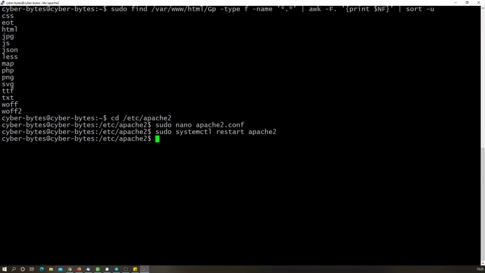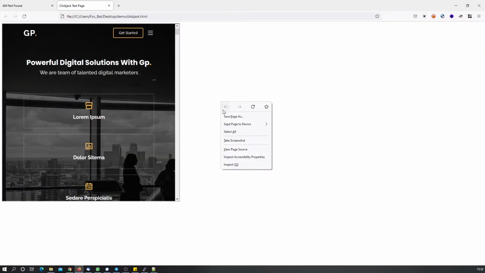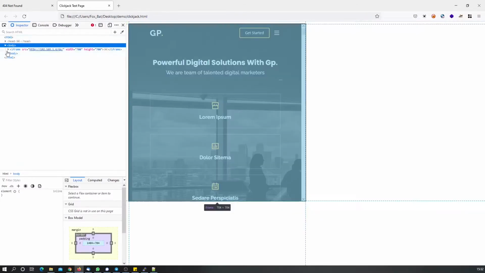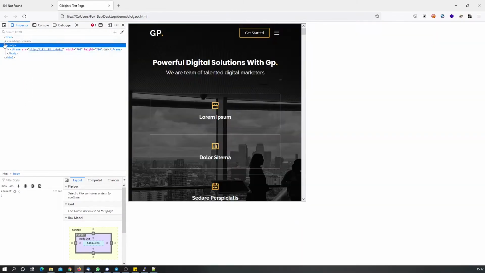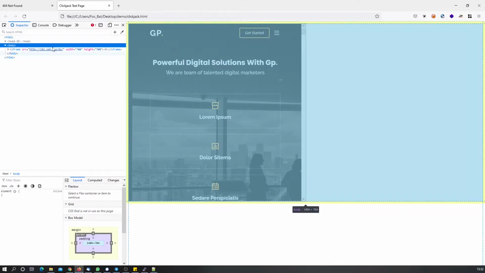Let us have a look at how we can set up Apache server against clickjacking or browser framing attacks. First let us see what browser framing looks like. I have a demonstration page set up for reference. Let me open this page for you right now. So this is how browser framing looks like. I have just put an iframe here, and the page is loading from here.